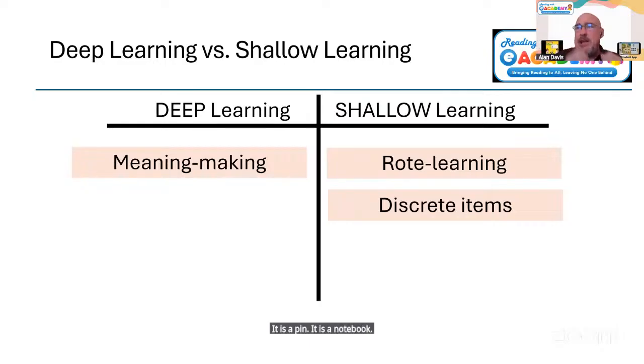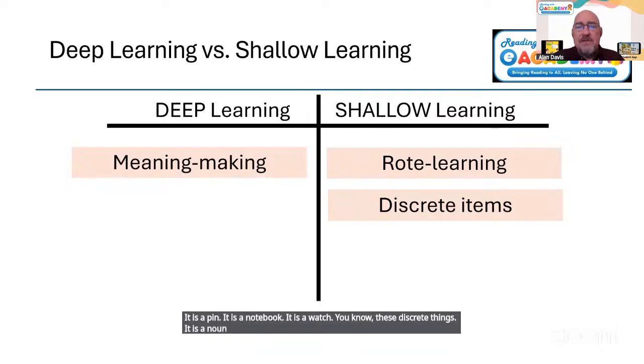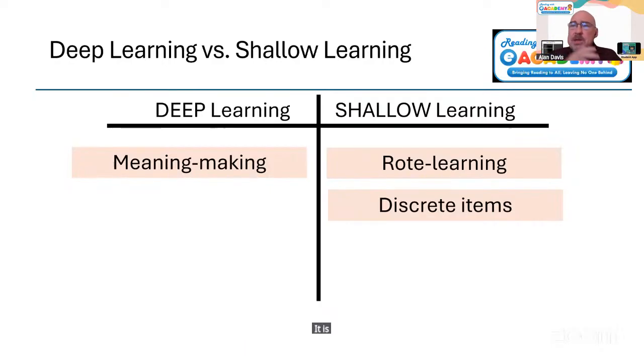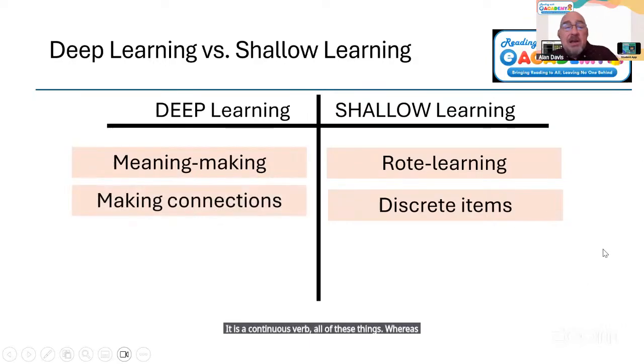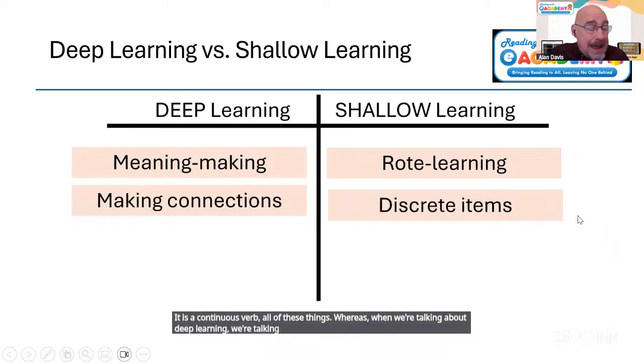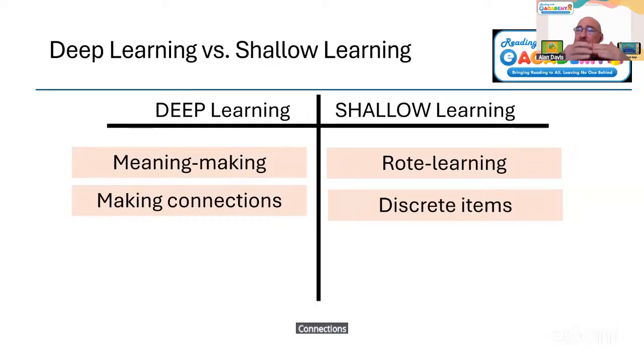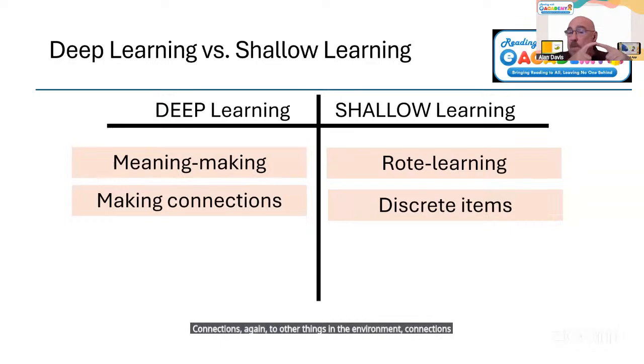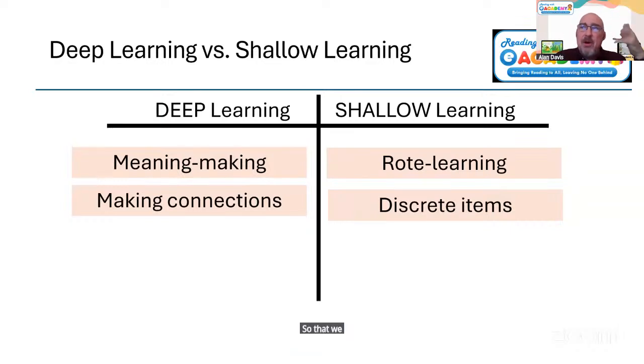It is a watch. It is a noun, a verb, an adjective, a continuous verb, all of these things. Whereas deep learning is about making connections to other things in the environment, connections within our own brains,